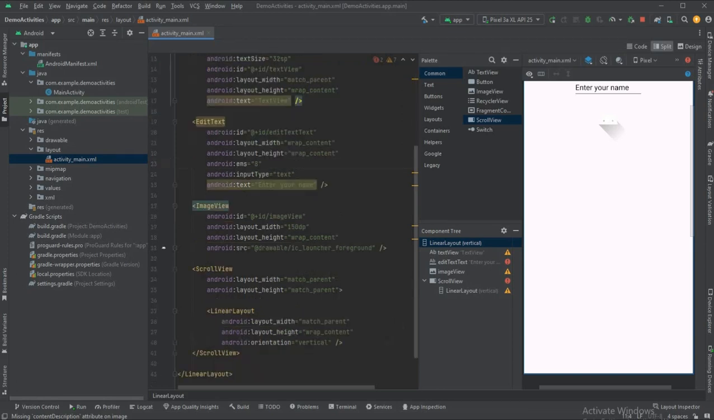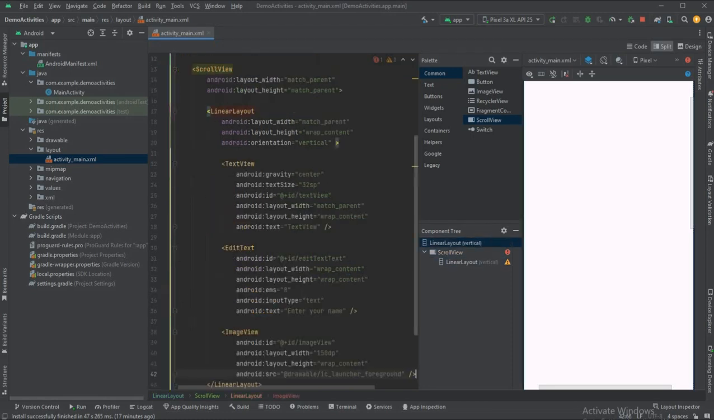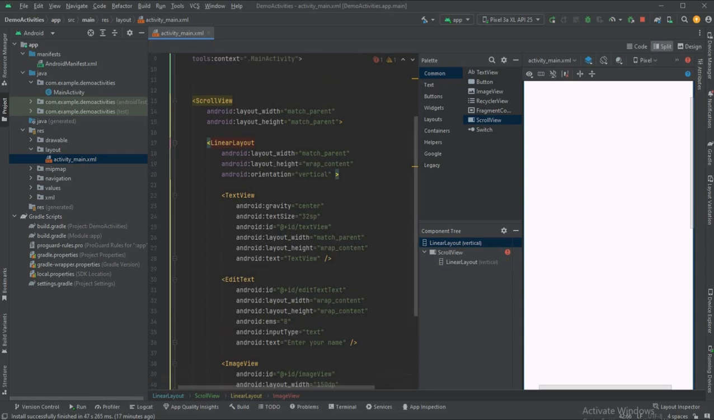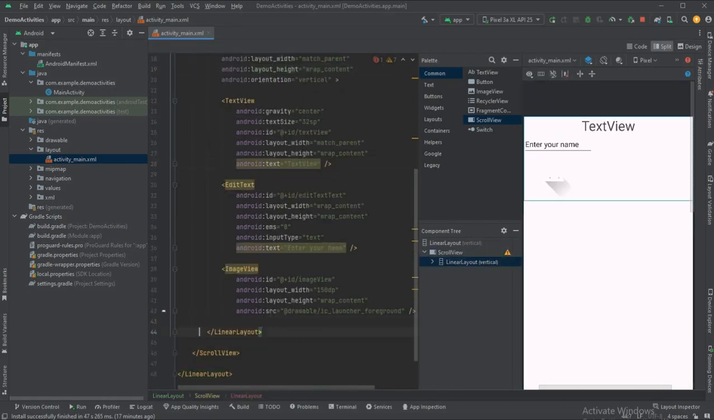Okay, for example, let me put all these components into the scroll view, but here what you need to understand is you can have only one parent layout into scroll view. That means you can have only one direct child into the scroll view. You cannot add multiple childs into the scroll view. You have to add one layout into the scroll view, just like I have added the linear layout here, which